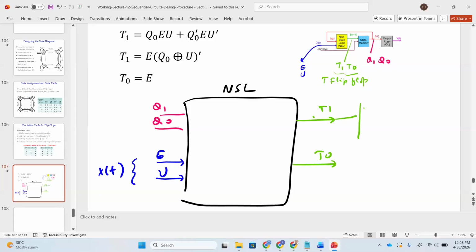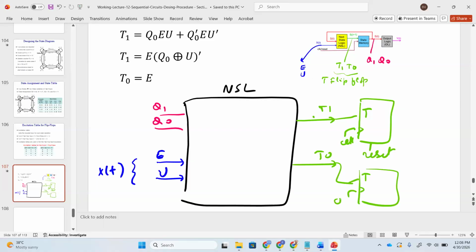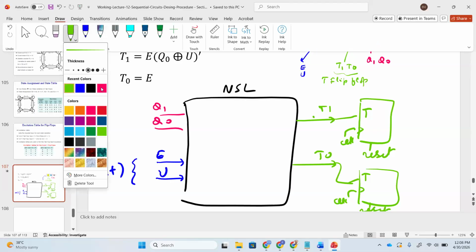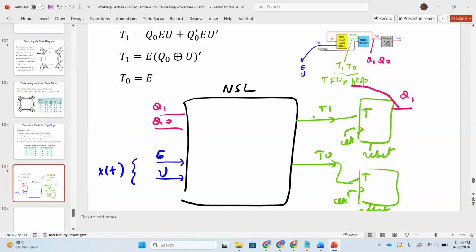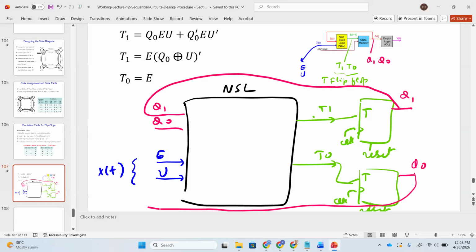And since we have a T flip-flop instead of a D flip-flop, we have a clock, then we have a reset. And then we have another T flip-flop, then we have a clock, and then a reset. And then the output of this is Q1, and Q1 is fed back here. And the output of this is Q0, and Q0 is fed back here. Any question? Clear or not clear? Clear. Okay, now what is the expression for